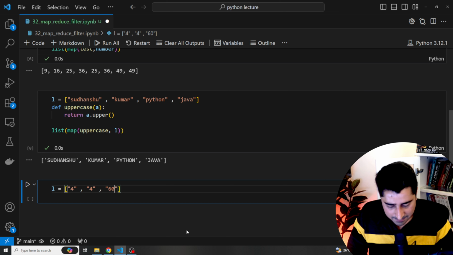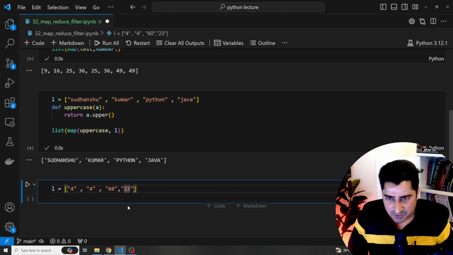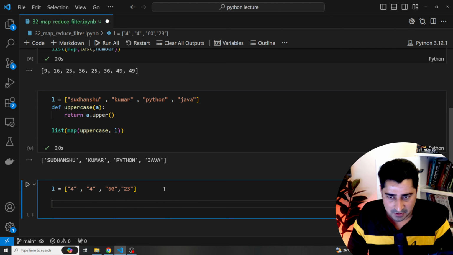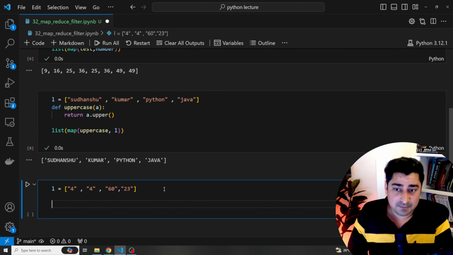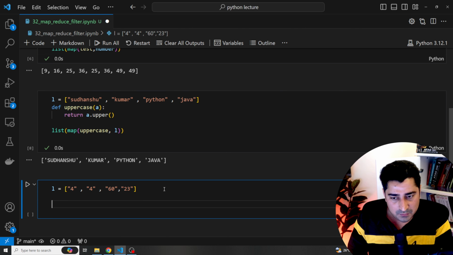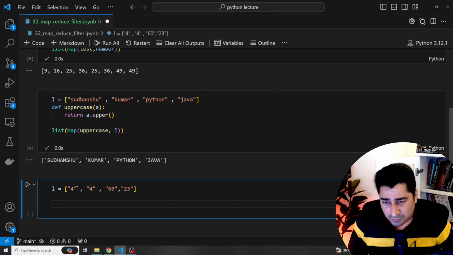Numbers are available as strings in this particular list. What I'm supposed to do is convert every element inside this list into a number. As of now, there is a number, but it's in string format. So I have to do a typecasting operation, and I have to do it for every single element